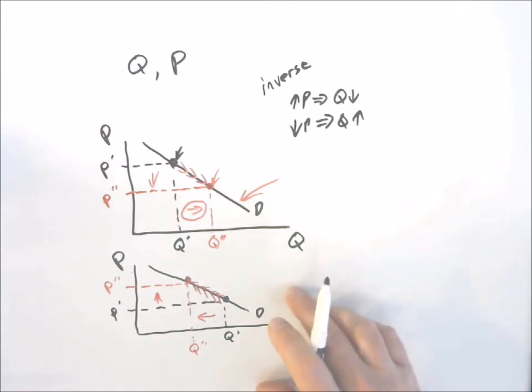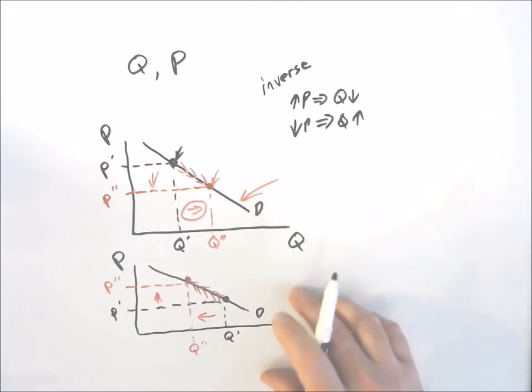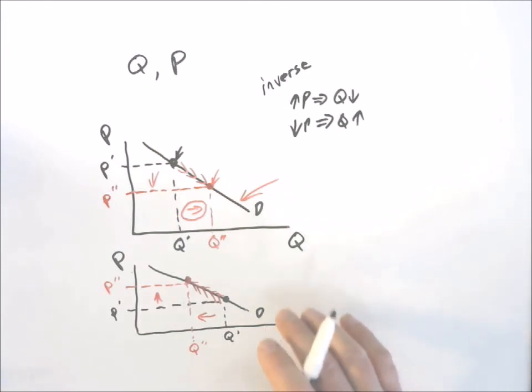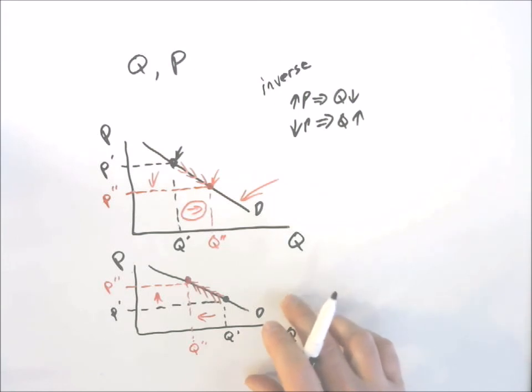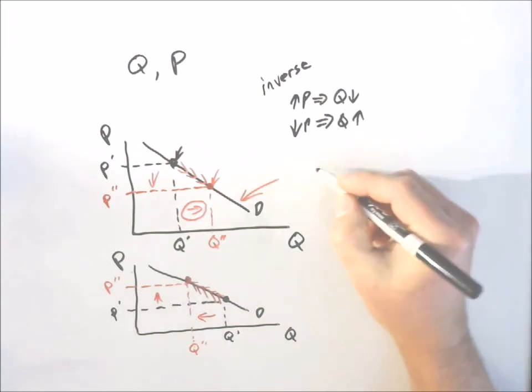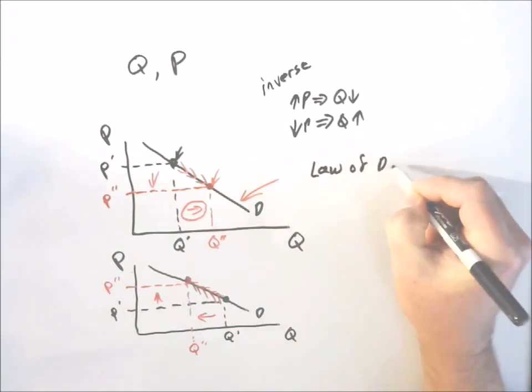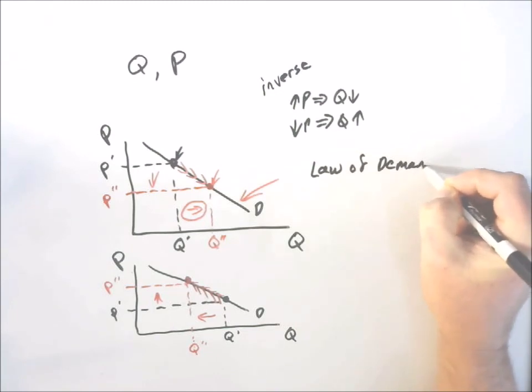We actually believe as economists that this relationship holds for the vast majority of products, the vast majority of the time. In fact, we believe this inverse relationship between prices and quantity demanded holds so often that we actually call it a law. Simply, we call it the law of demand. And the law of demand